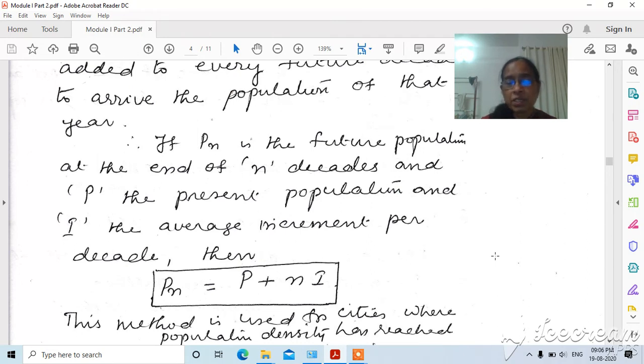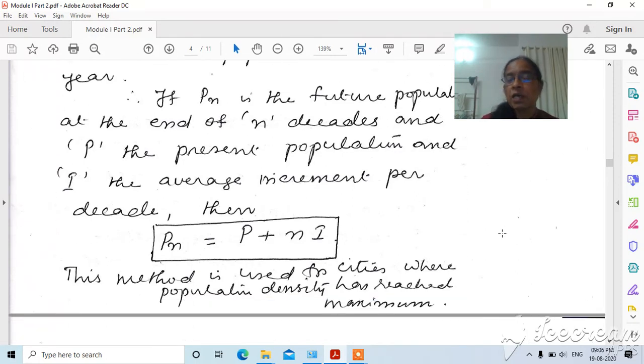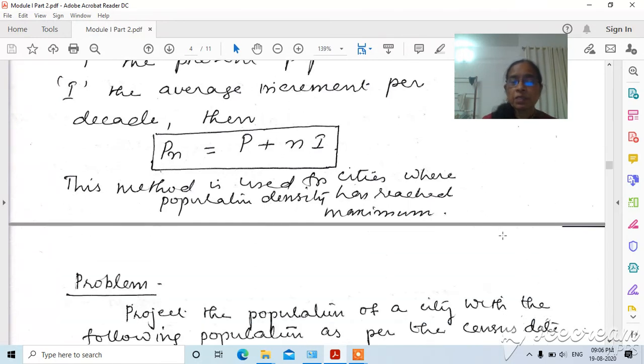That is the equation given: Pn, the end population or the population in the end decade, is equal to P, the present population, plus n, the number of decades to which you have to project, multiplied by I, the average increase per decade, that is Pn = P + nI. This method is usually used for cities where population density